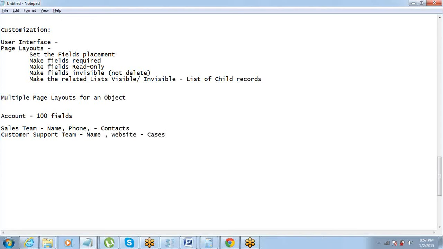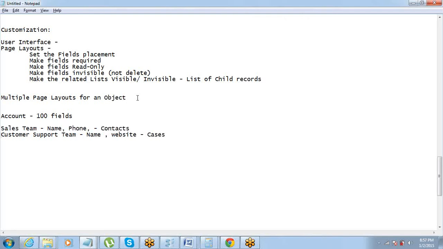We don't want to see the contacts. What will you do now? Customer support team comes to you, they say, no, just show the cases, we are not interested in contacts. Sales team says, no, we want to see the contacts. What will you do there? So we cannot have the same page layout working for both these teams. Got it? So different page layouts are for different profiles.